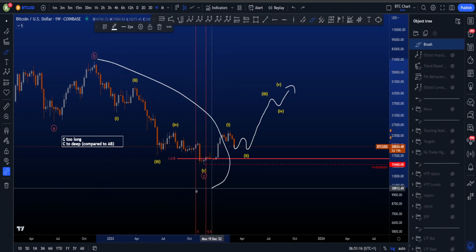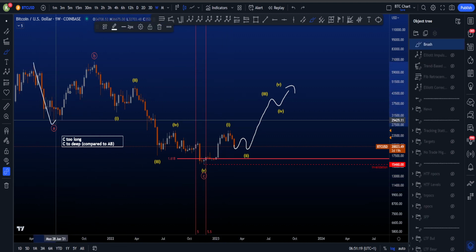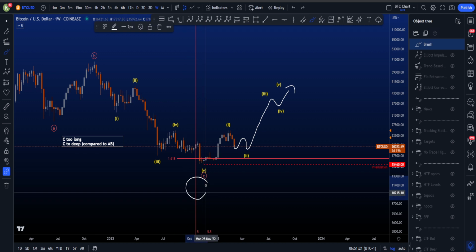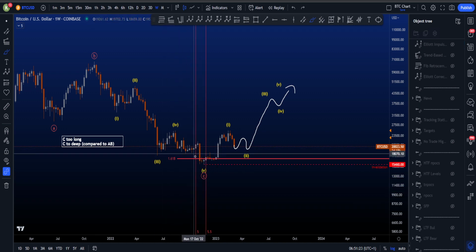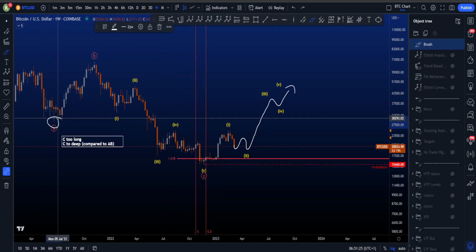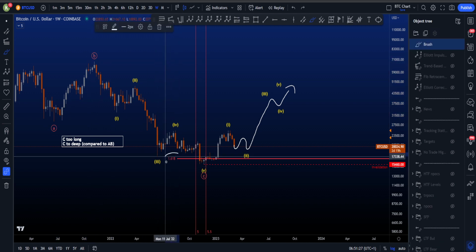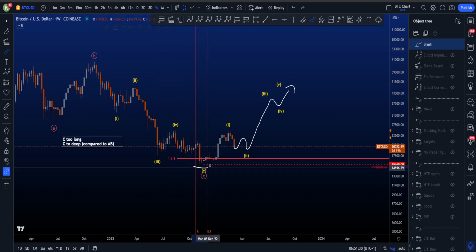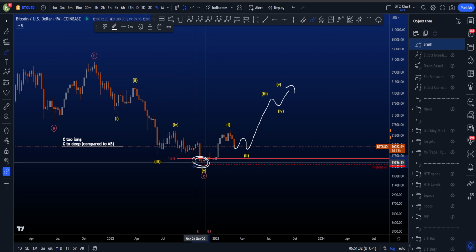The first, wave C is way too long compared to wave A and wave B as it hit the 5 and 5.5 fib time. The second problem is that the fib taken from the low of A to the high of B is this 1.618 that you see, and wave C closed with 3 weekly candles below this target, which